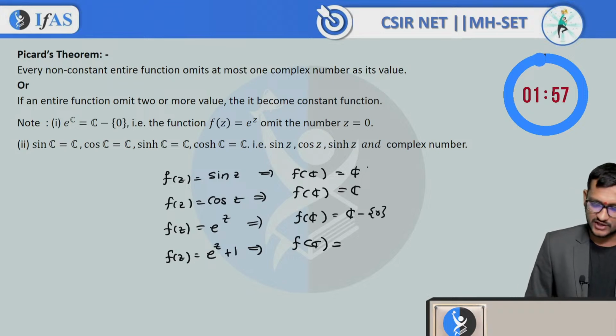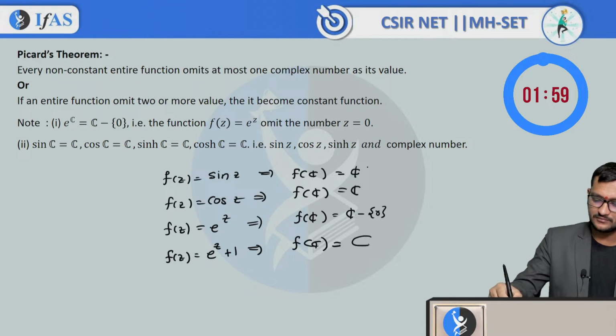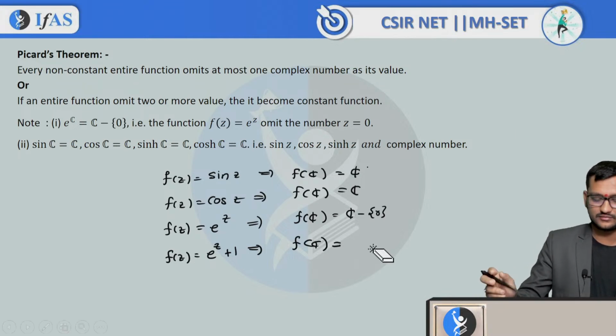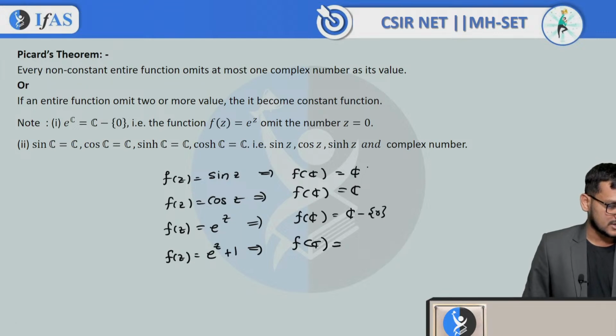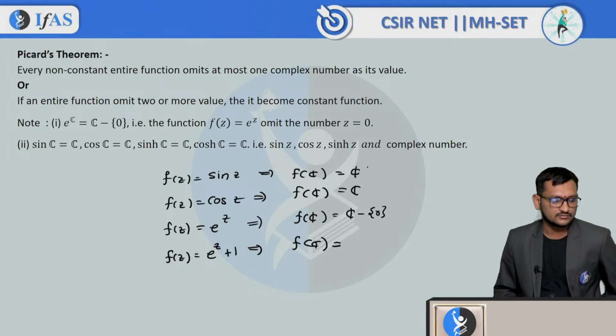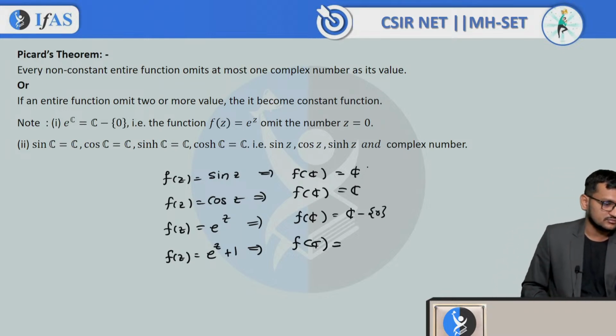So Ashwini is saying range would be C. Okay, anybody else? Pooja, Akanksha, what would be the range? Afreen,